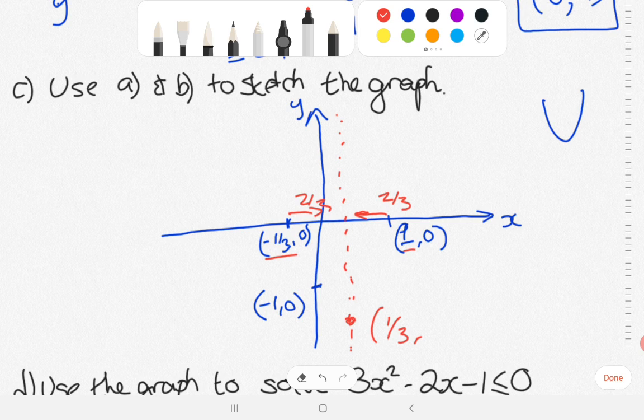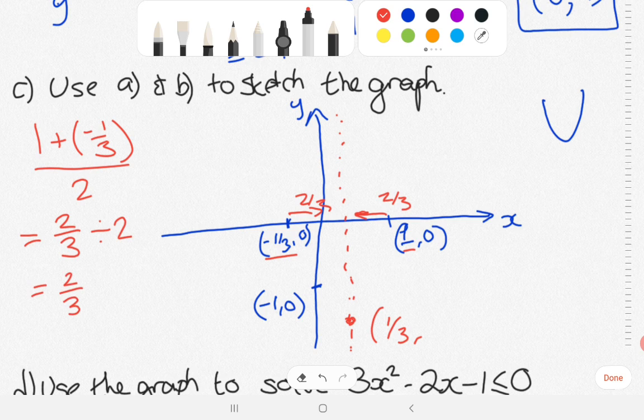One of the ways that I often teach my pupils is to add the two coordinates together. So I've got 1 plus minus a third and divide it by 2. So 1 plus minus a third is 1 take away a third. 1 take away a third is 2/3. 2/3 divided by 2 is the same as 2/3